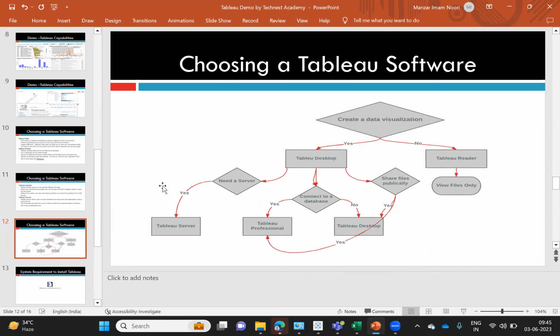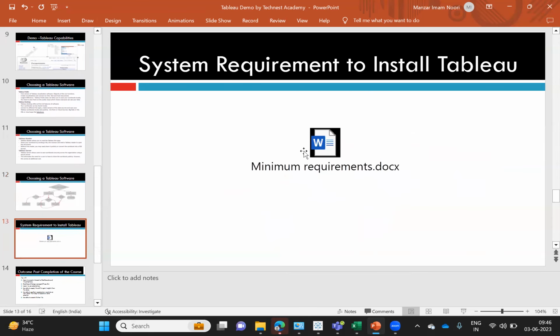You have to download Tableau Desktop before you join the classes. What are the requirements for having Tableau Desktop?